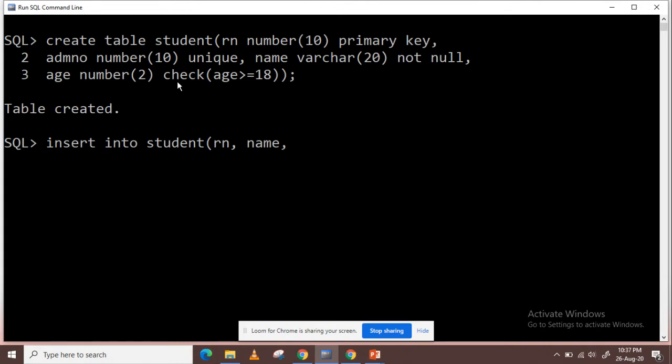So after roll number I am not taking admission number, I have taken the name. Next I can take age. And after that I can take the admission number. So you can change the order as per your requirement.